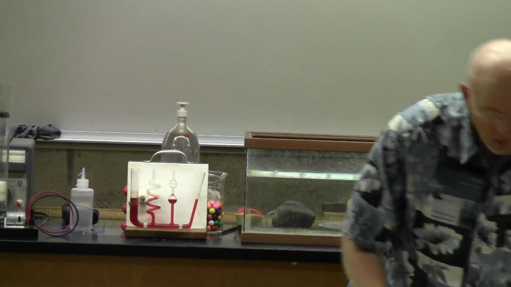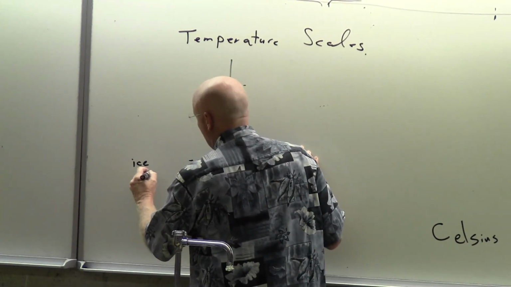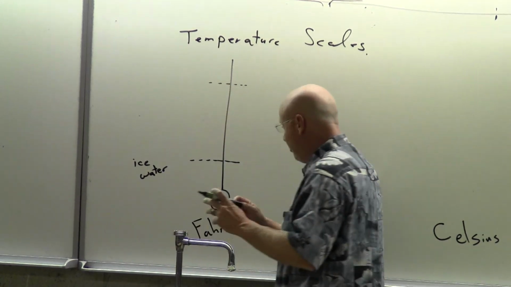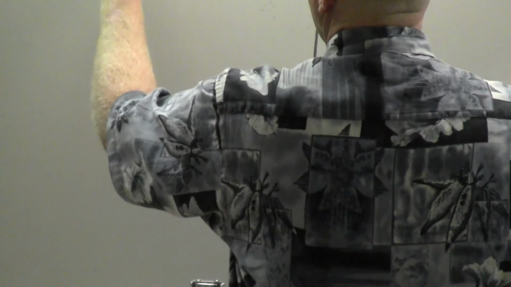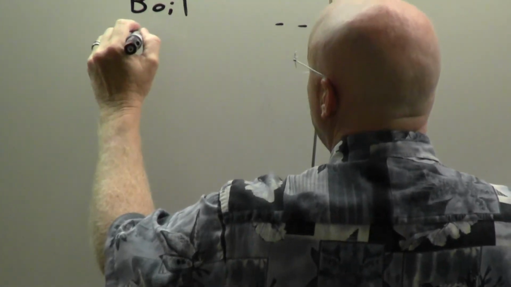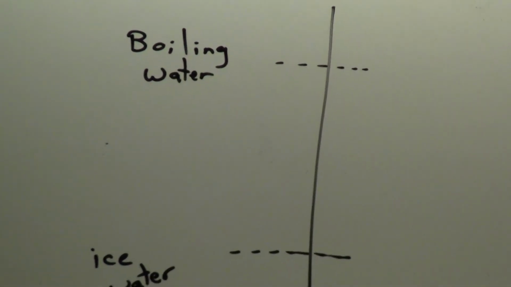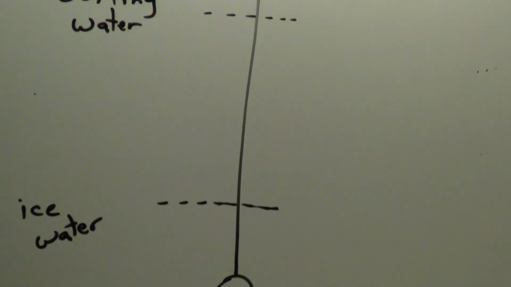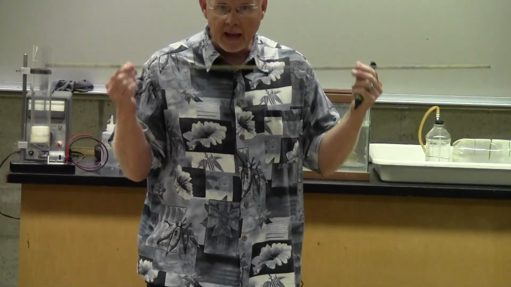And the idea then was simply this, that if he sent the ice water through the brass tube, and he made a little indication of that mark, and then he sent the boiling water through it, it would make the brass rod longer. And so it's real important to understand the Fahrenheit scale, to understand that he wasn't working with mercury at first. He was working with just a regular piece of metal tubing.